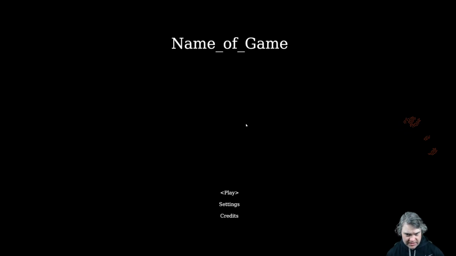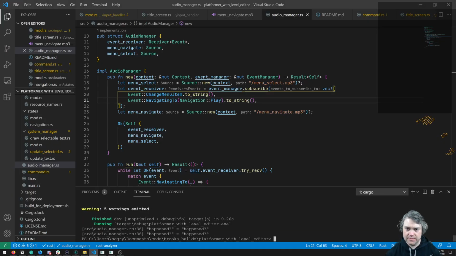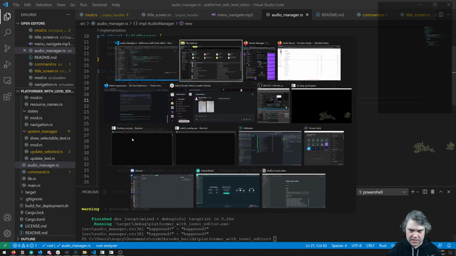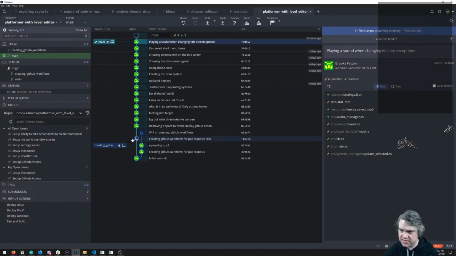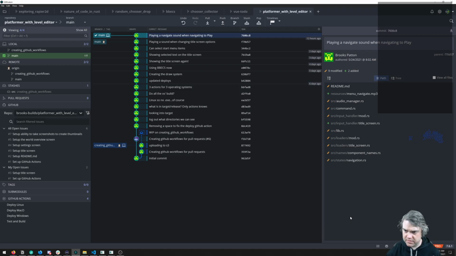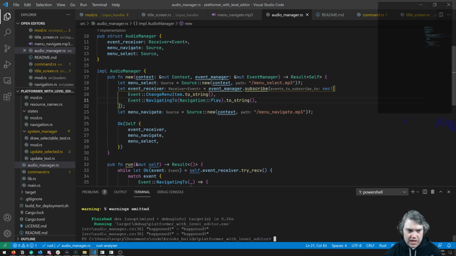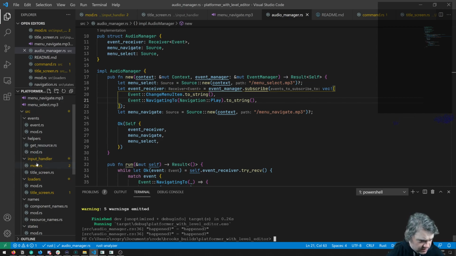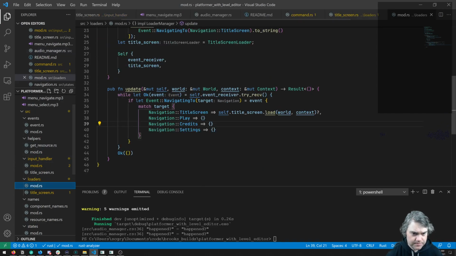Now, we go to play here, and now we need to listen to. Let's go ahead and update this. We are playing a navigate sound when navigating to play. I also want to tell our loader. So on update,